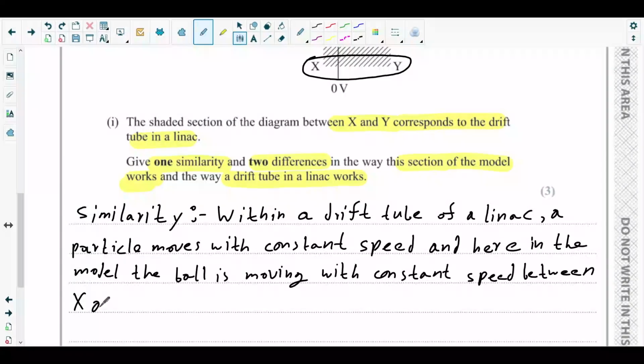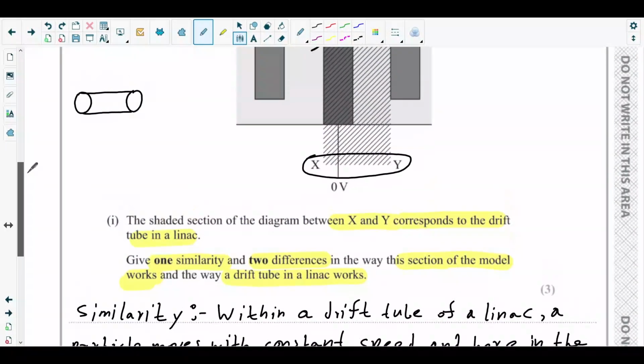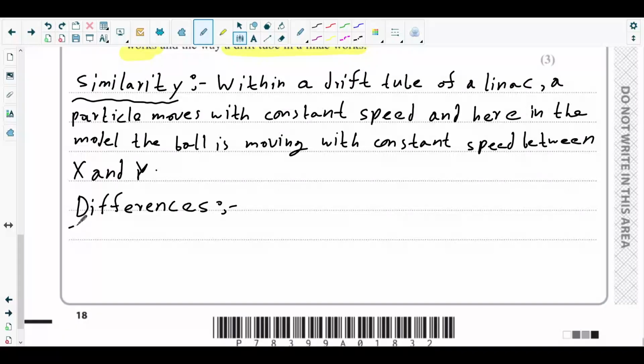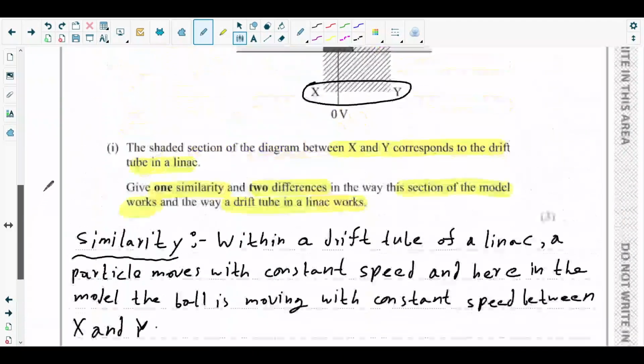X and y. This is the similarity. Now the differences. Okay, consider the differences. For the differences, what we can say, look,